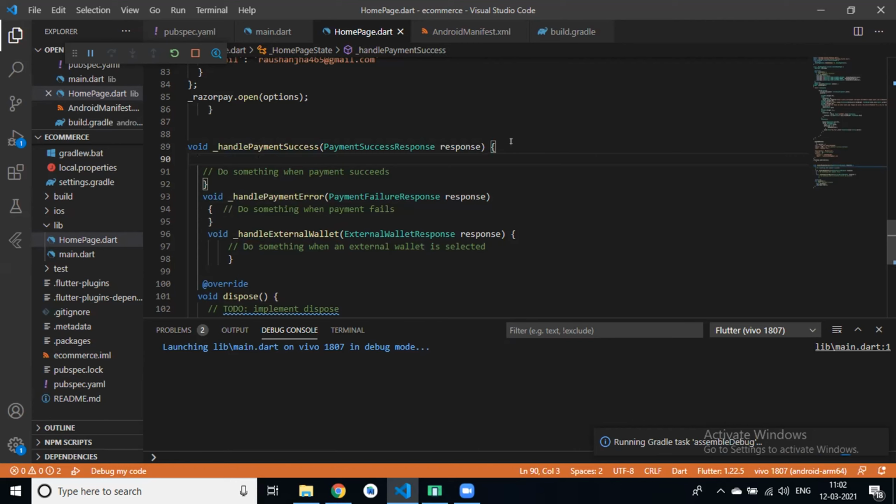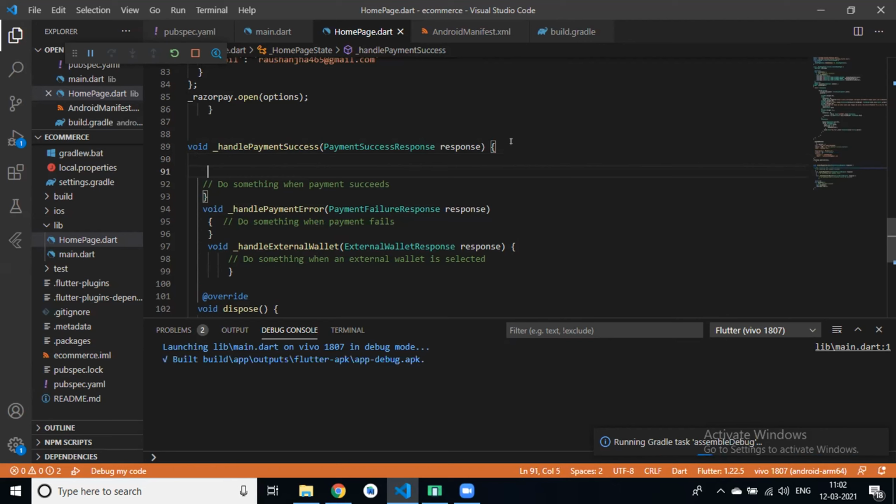But for now, in our application, we don't have any other page or any database. So we can print payment success and payment fail.